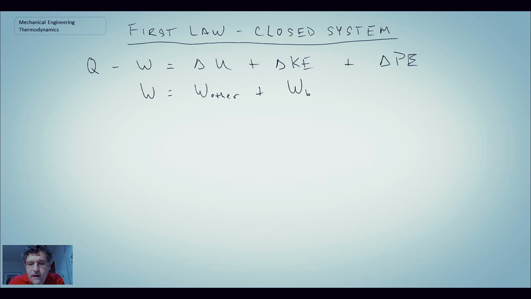So this would be a closed system where you may have the boundary of that system changing. For example, a piston cylinder device where the piston is free to move up or down. You would have boundary work there. The forms of other work could be some of the ones that we just talked about in the previous slide. So if we break work into that form, boundary work plus other forms of work, and then introduce that into the first law,